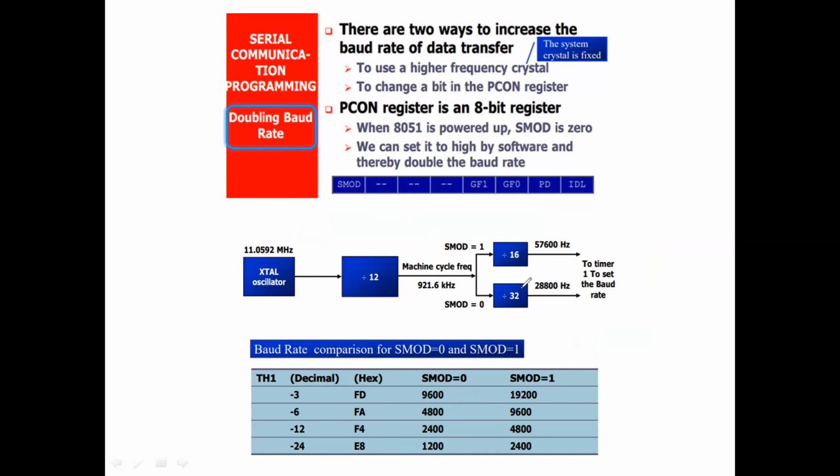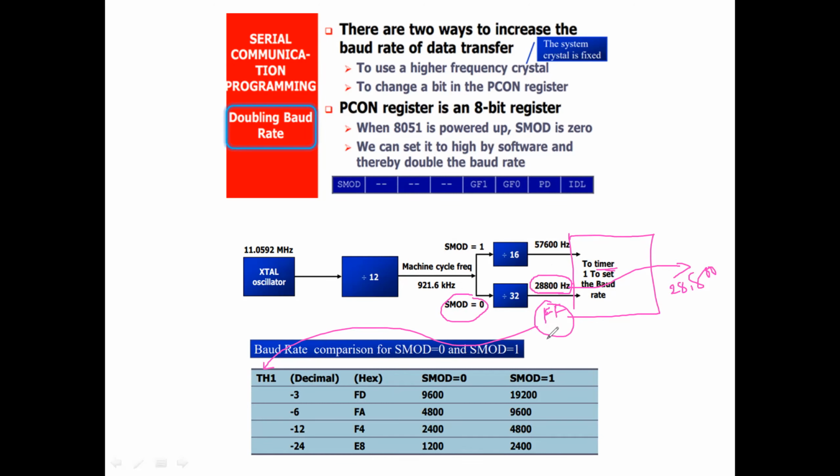So now I'll come to the important point. See here, this is the block which is going to be connected with the timer. To the timer, this is my frequency. In order to get the maximum baud rate, my value is FF. Just one rule: that is the final value, the maximum frequency that will come out. If I put SMOD equal to 0 and put FF in the TH1 register, my baud rate is 28,800.